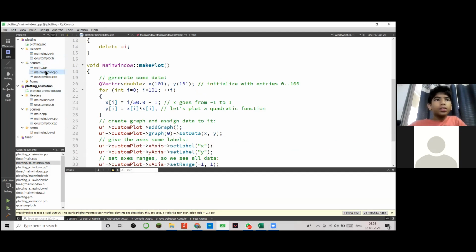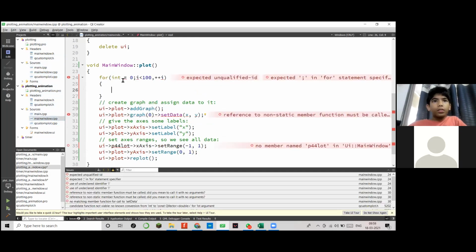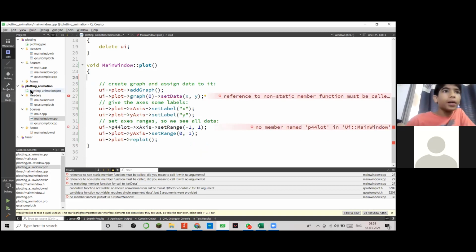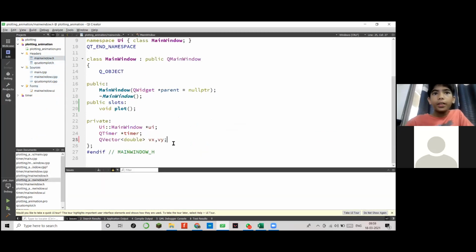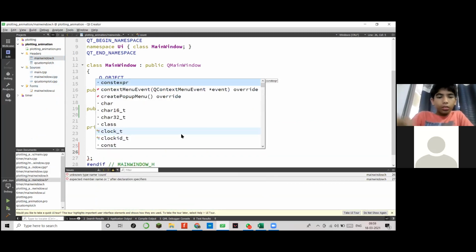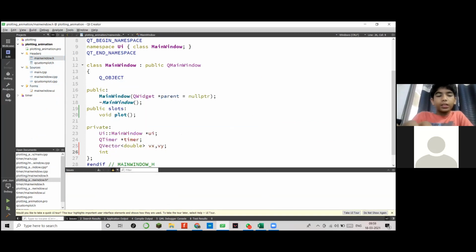Okay, so what I'll do is not use a for loop. I'll have a variable, private, count, integer, count equals to 0.